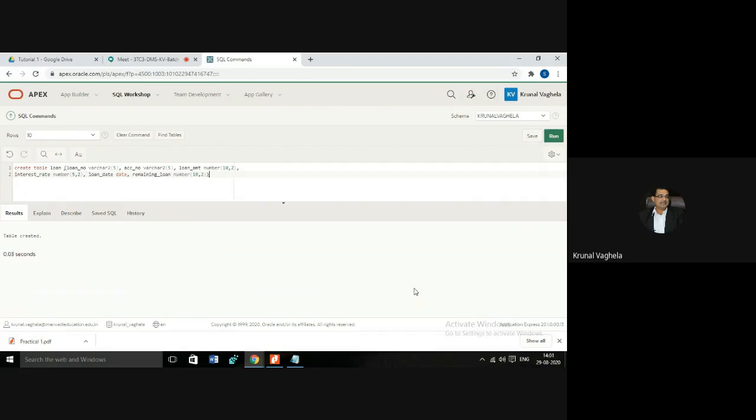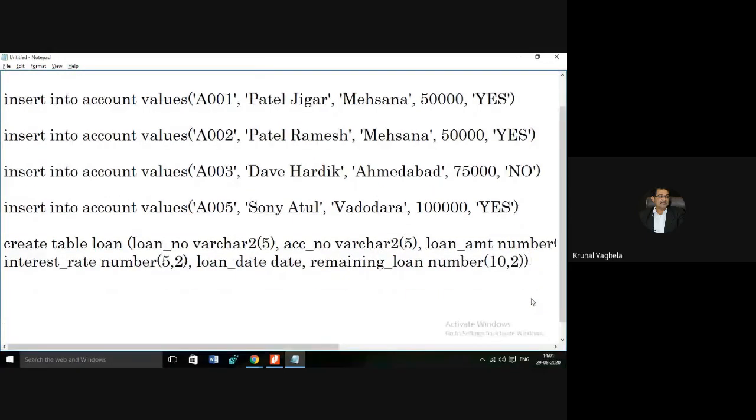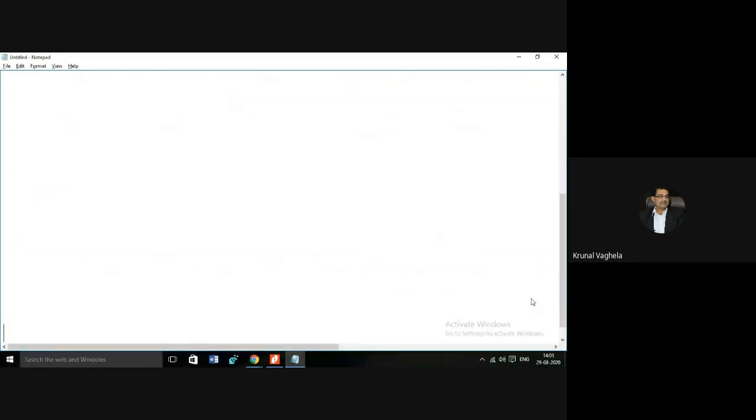Table created. Now in the same way we need to insert the values. So insert into loan values. First column value, L001 in single quotes, comma.